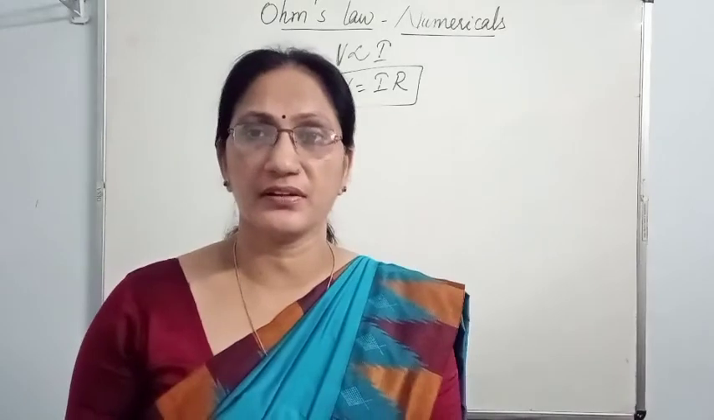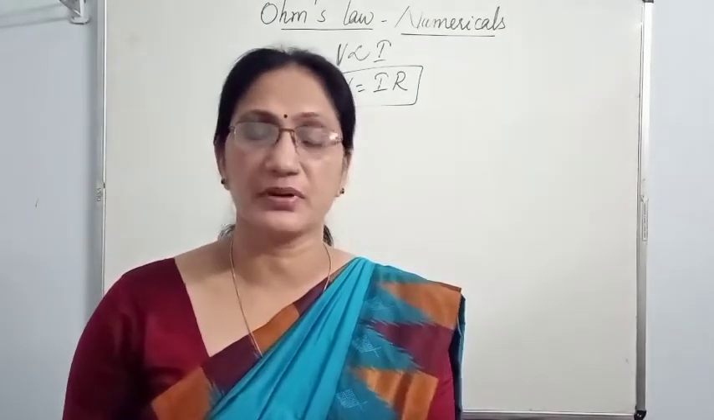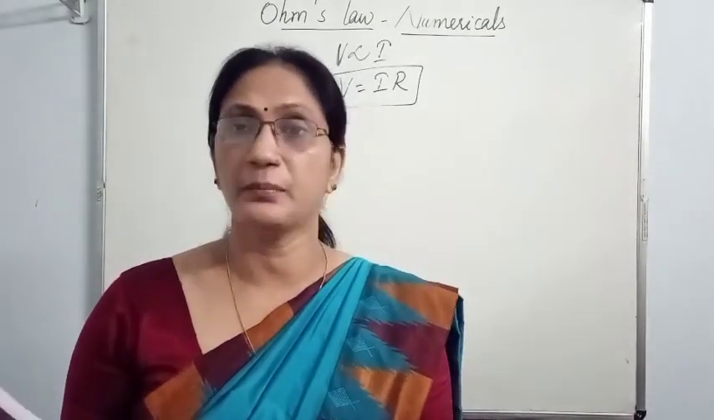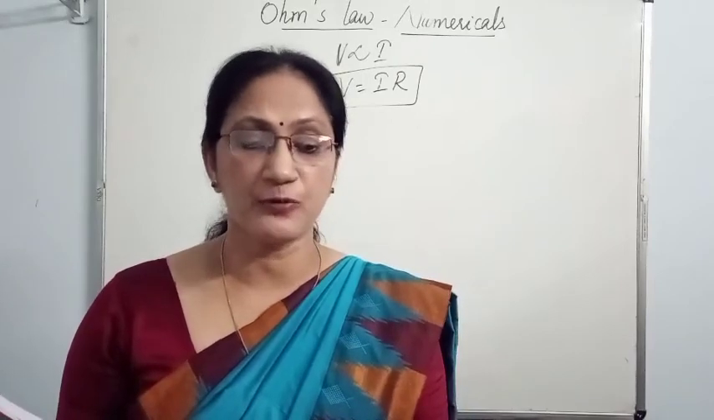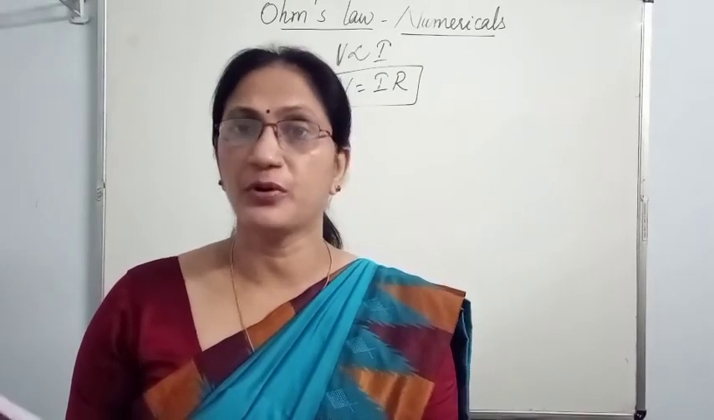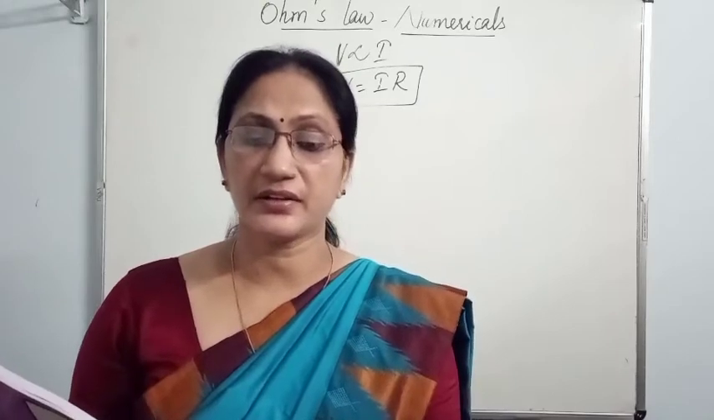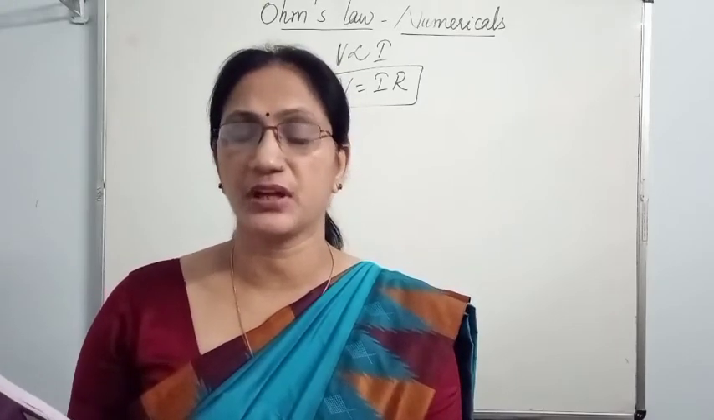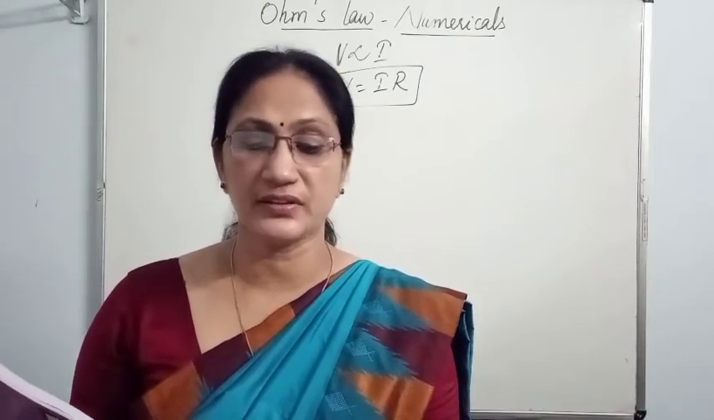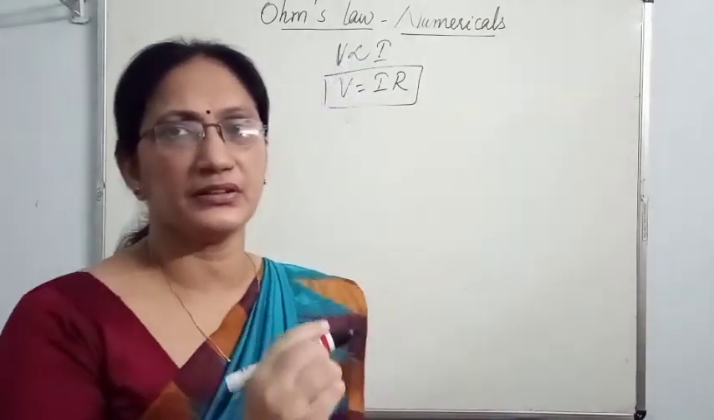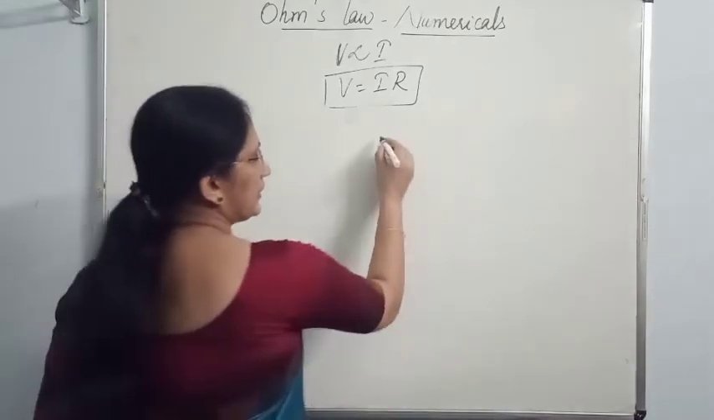This numerical is there in your textbook, page number 170, example 3. A current of 0.2 ampere flows through a resistor connected with a DC source of 3 volt. Calculate the resistance of the resistor. I will briefly make the circuit. A resistor